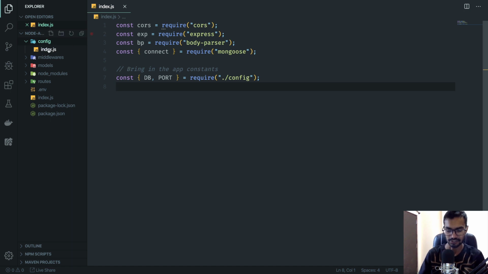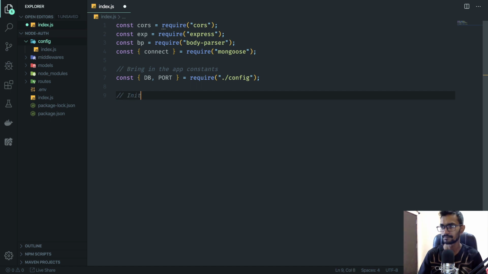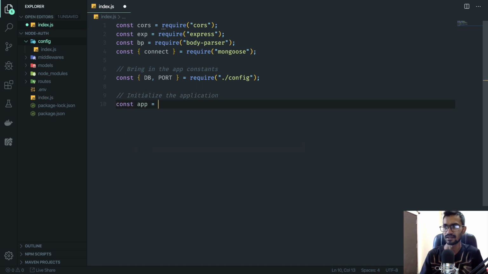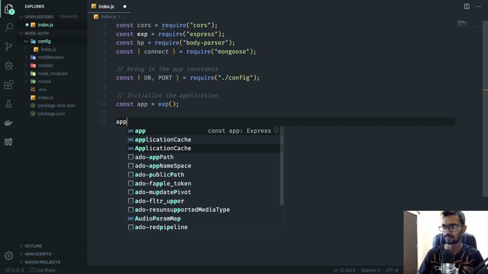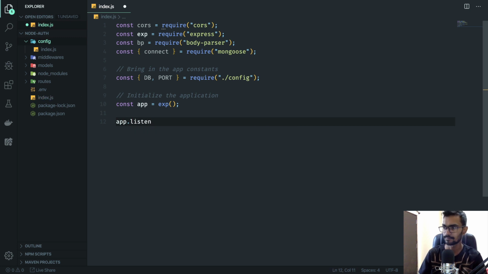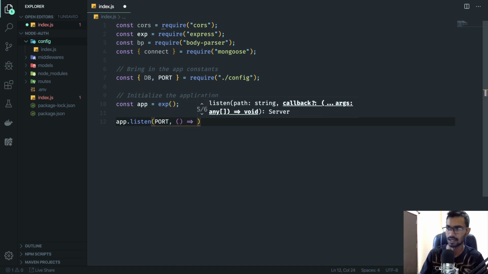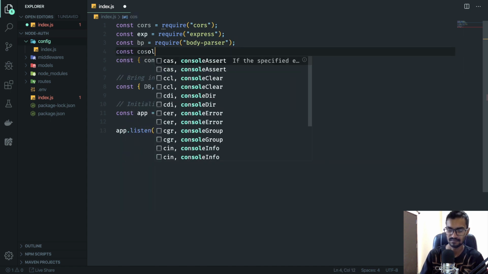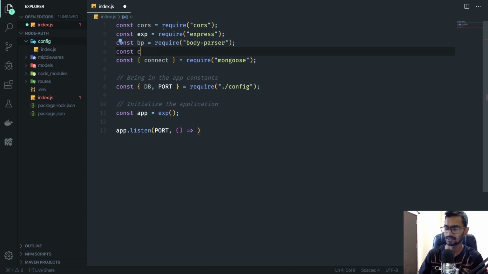So let's initialize the application. So we'll simply say const app equal to exp. So we have initialized this application, and we can simply say app.listen on port. We'll pass in the port variable over here. This will give a callback, and now we can use our consola. So we haven't brought in consola, so we can simply say consola, we need to bring in only success, error,